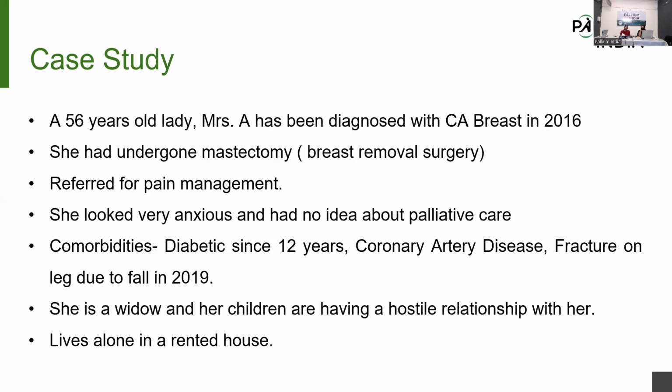Right. So, what are the physical issues? A lady, 56 years old. What are the physical conditions that she is going through? What are the physical issues that she is going through? You can use the chat box or unmute yourself. Under all the four domains. Right, Rajika wants you to type your answers under physical, under emotional, psychosocial as well as social.